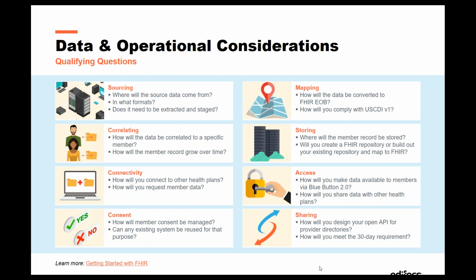And then things like mapping, storing, you need to store the data in the FHIR format. Since, as we talked in the sourcing part, all of your data comes from different places, you have to aggregate this and you have to come up with the proper FHIR repository. So that repository can maintain your data, and that repository is sustainable, meaning as your data grows, you need to also make sure that the FHIR repository is capable of handling that much data.